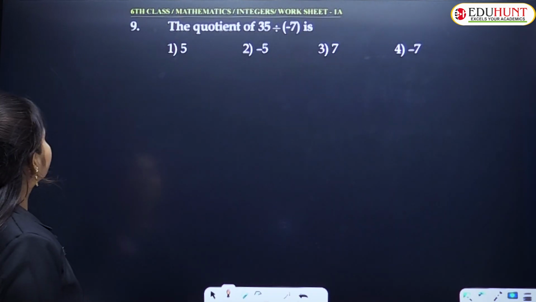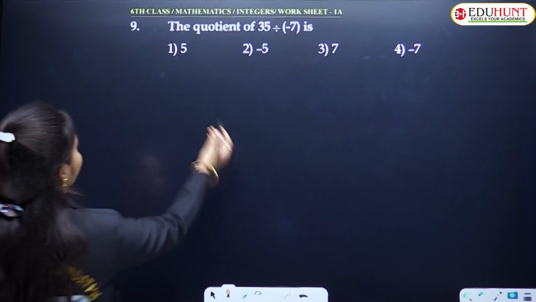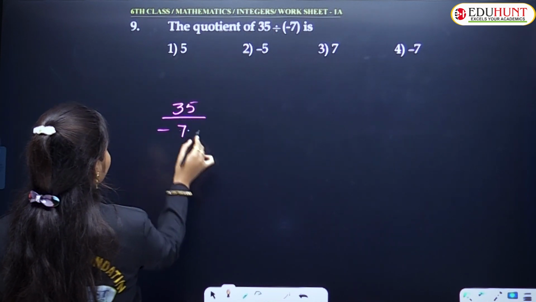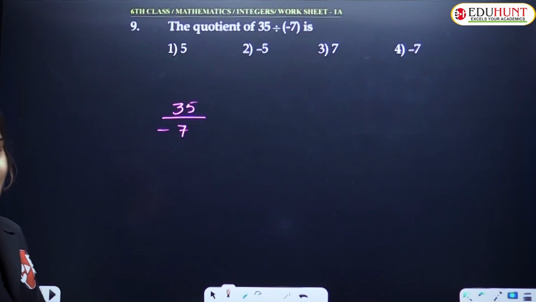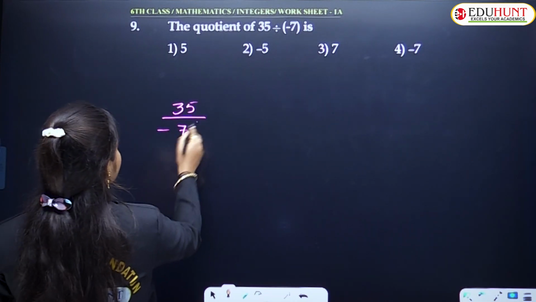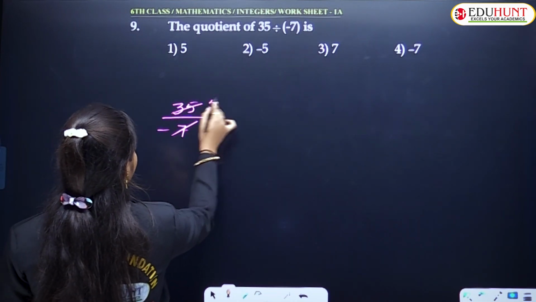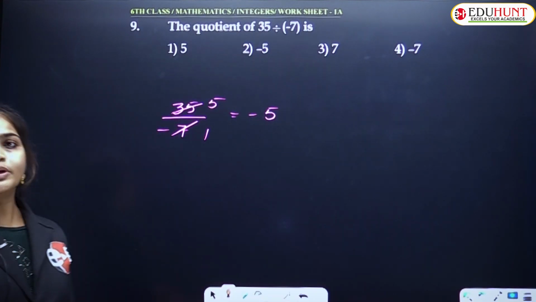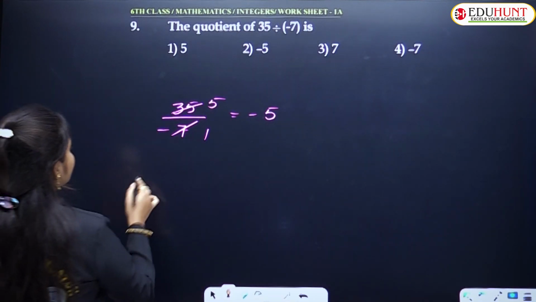Okay, next. The quotient of 35 by minus 7. So here what will you get? 7 ones are 7, and here 7 fives are 35. So finally the answer is minus 5. Why? Because here you kept minus, meaning the quotient